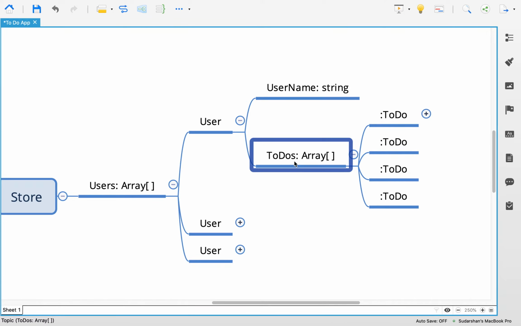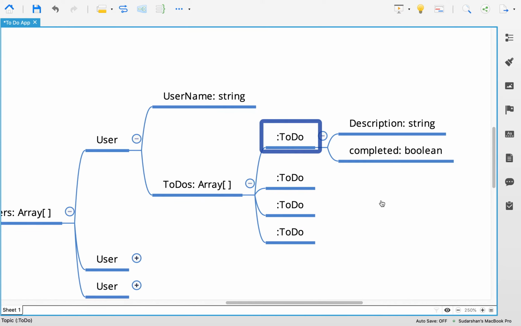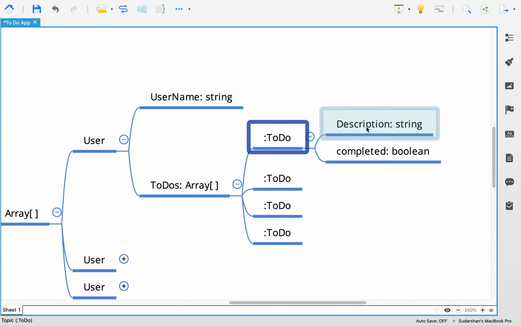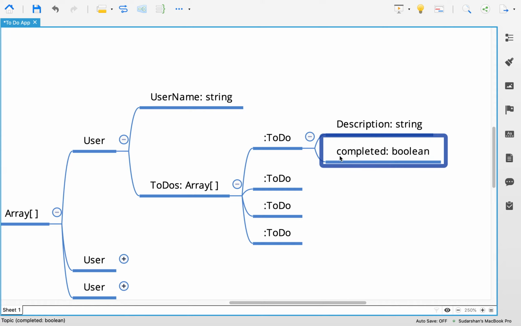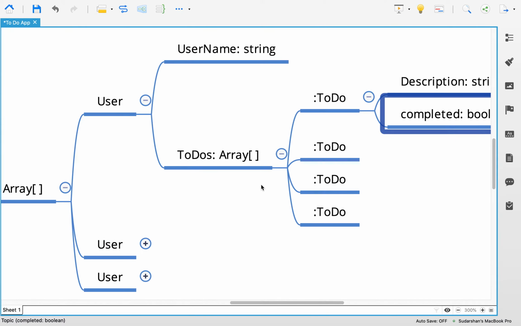An array of to-dos may consist of multiple to-dos, and one to-do is going to have a description, which is going to be a string, and a status, whether it is completed or not. If it is completed, then it will be true. If it is not, then it will be false. That true or false, we call it a boolean. So any doubt in this?